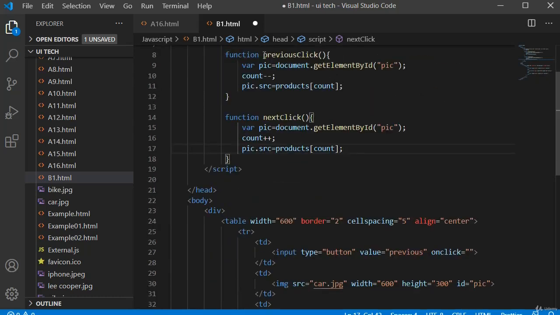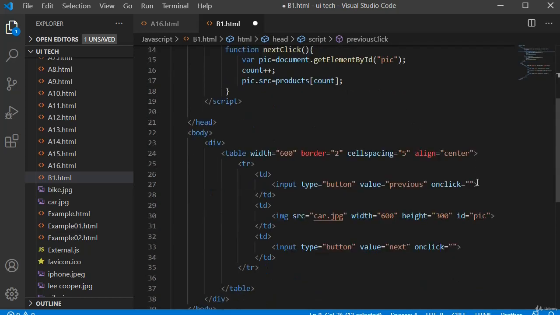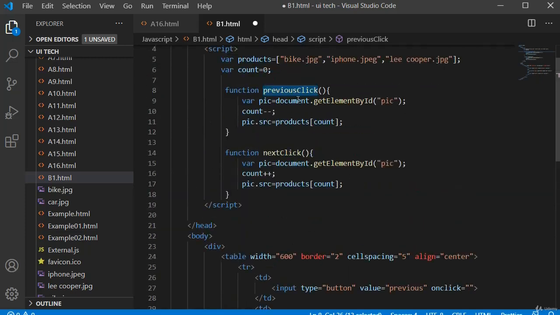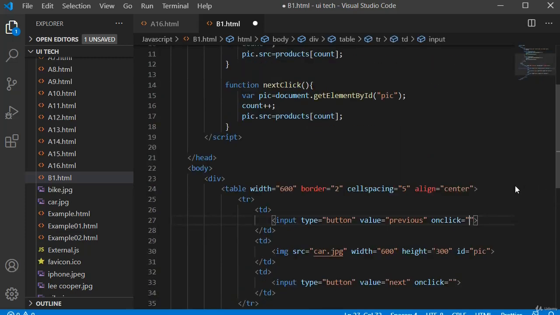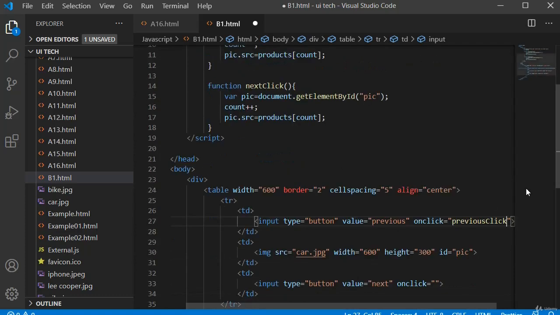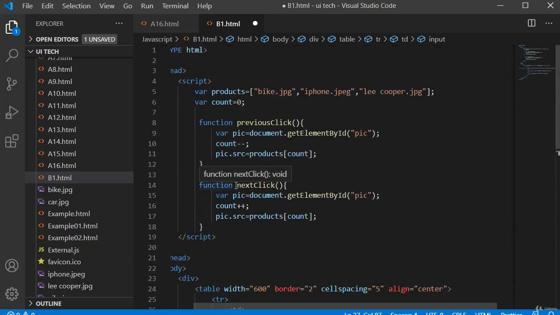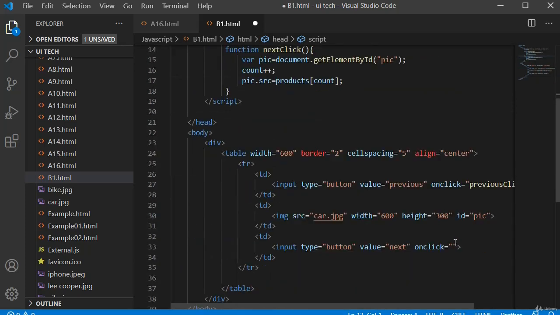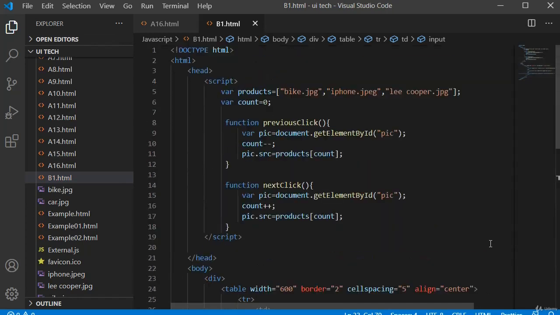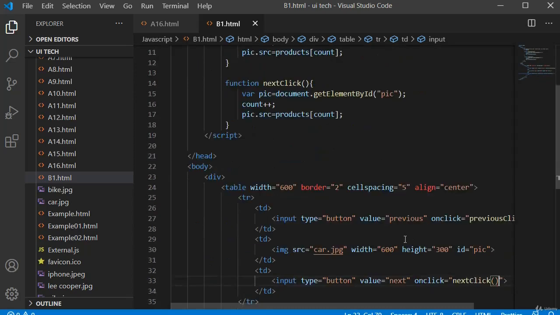Then I have to call this function from my page. This is for previous button. And next click. This is for next button. Paste it. Just save it. What we are doing here is I am changing my image dynamically by using increment and decrement